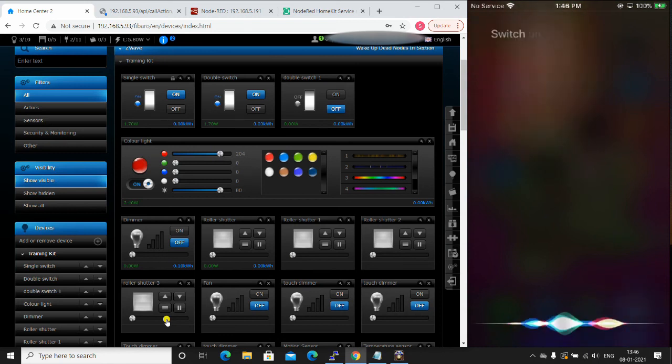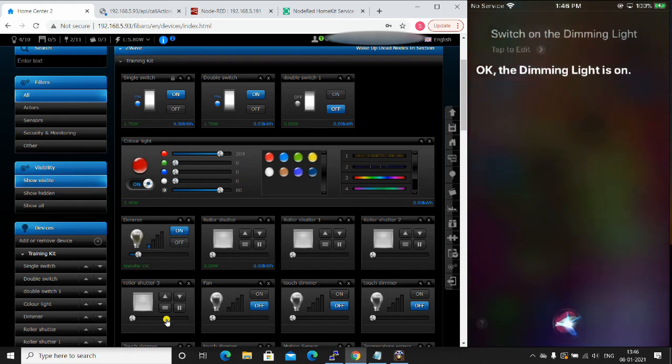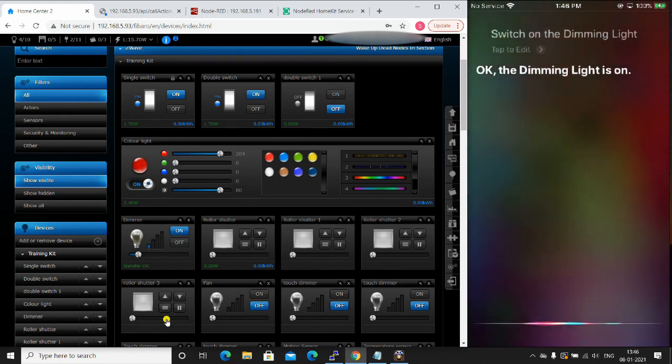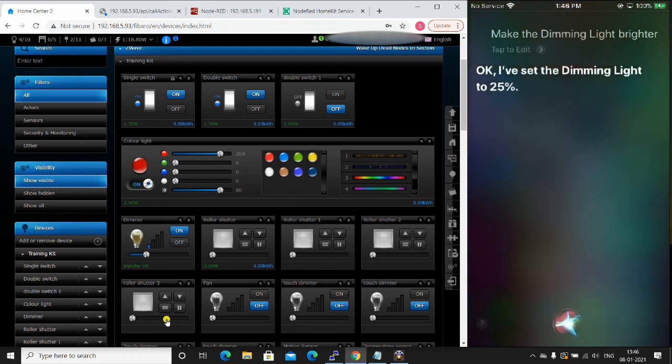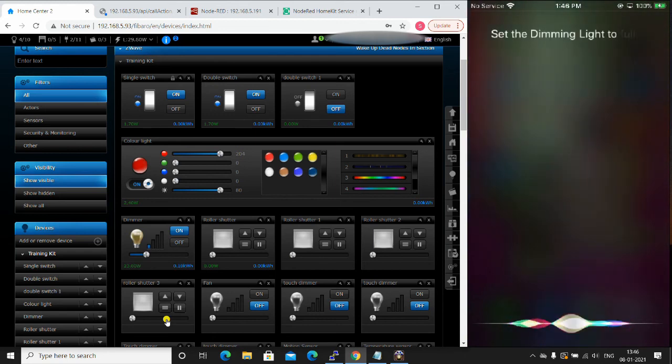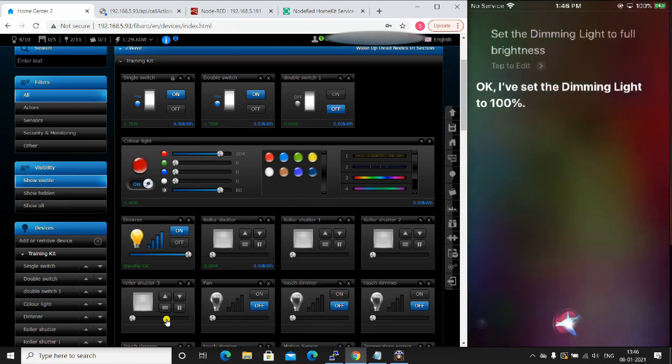Switch on the dimming light. Okay, the dimming light is on. Make the dimming light brighter. Okay, I've set the dimming light to 25%. Set the dimming light to full brightness. Okay, I've set the dimming light to 100%.